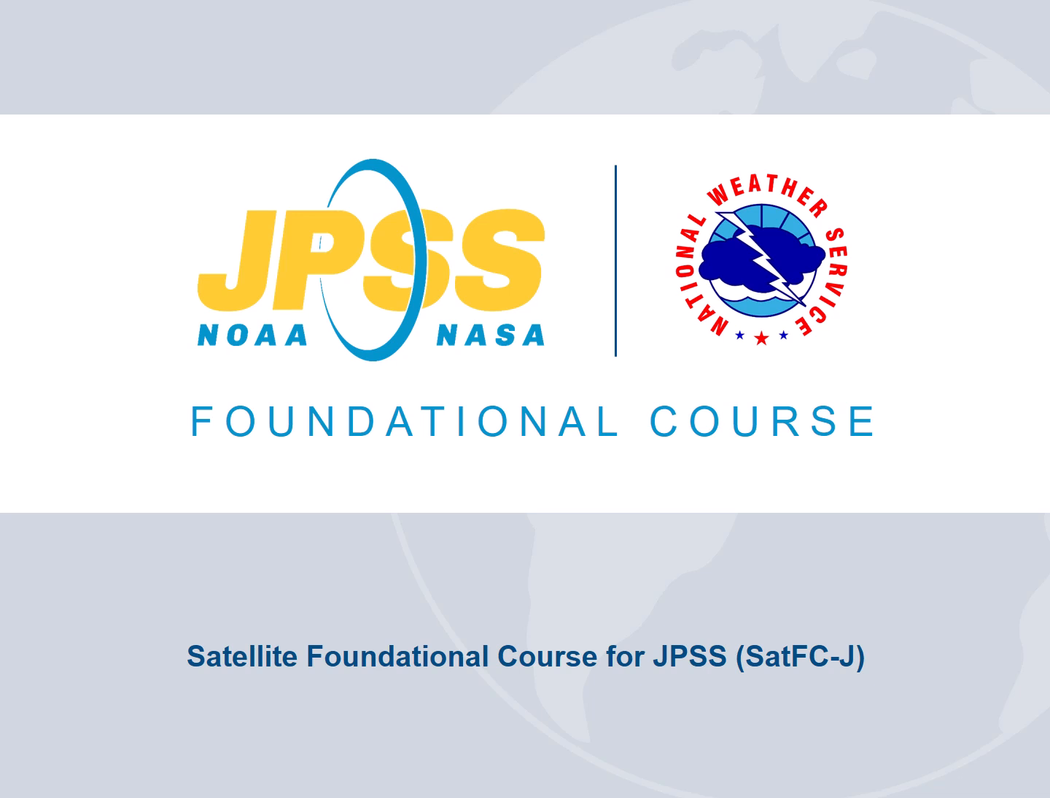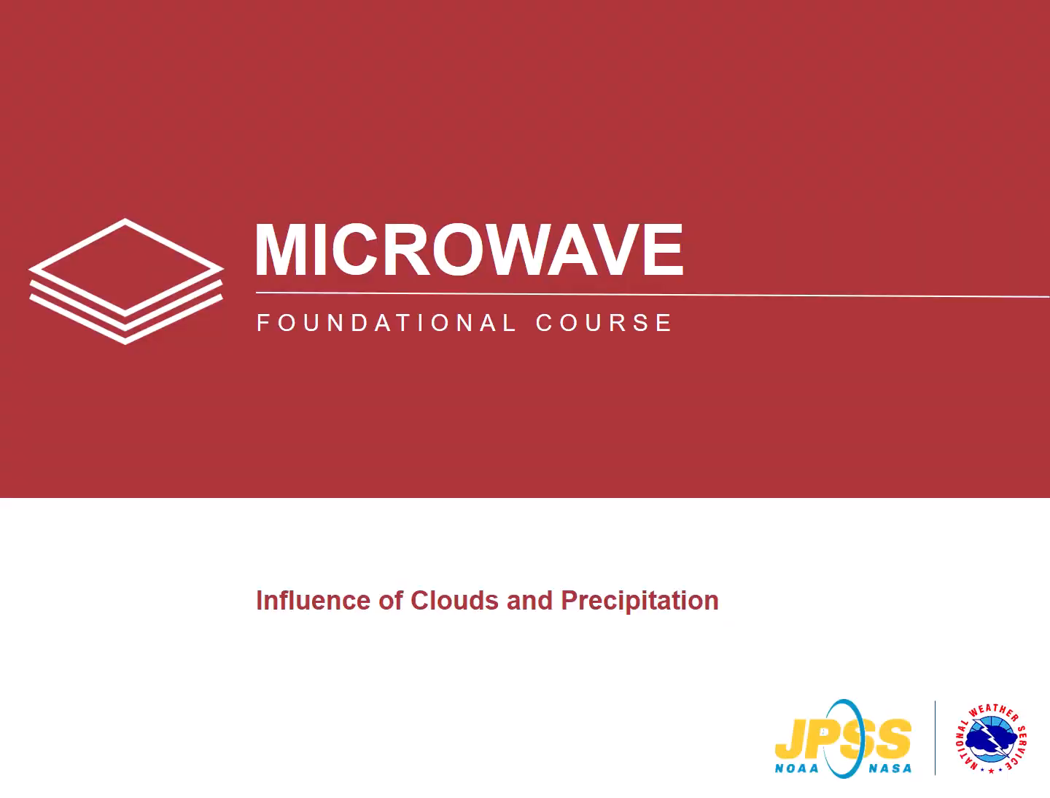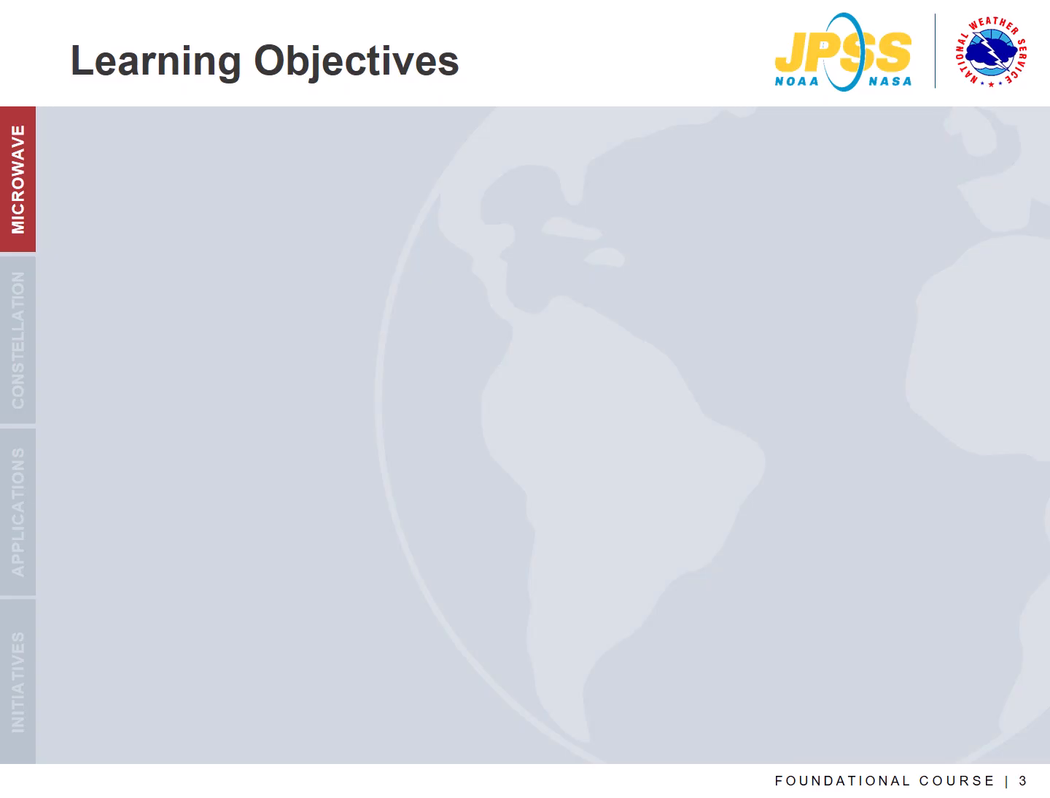This module is part of the Satellite Foundational course for JPSS and will focus on the influence of clouds and precipitation in microwave remote sensing. The learning objectives are: